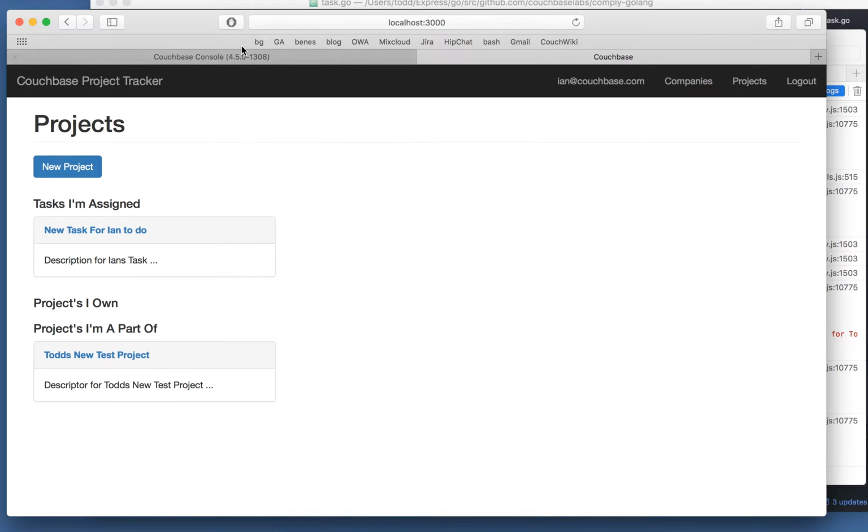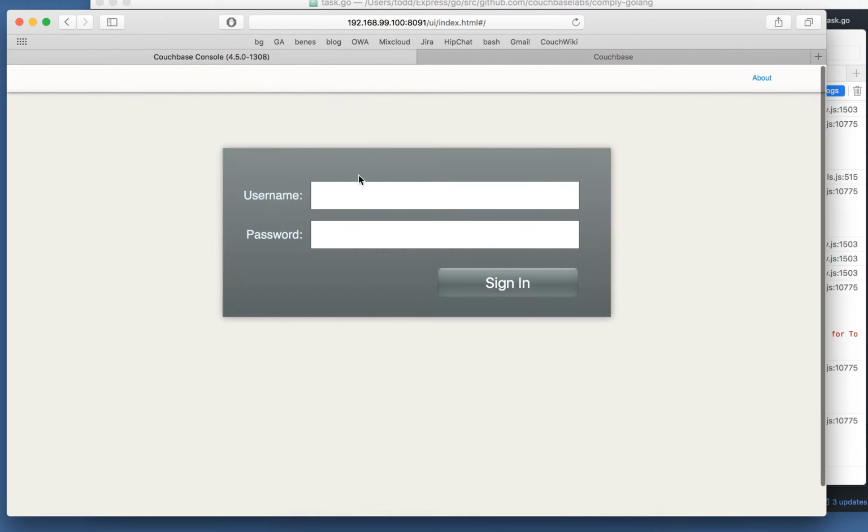Let's see how this looks and what this does from within N1QL, and the query that's actually getting issued. A great way to do that is once you've installed Couchbase, this UI, which is part of the product, you don't have to install anything special to make this work other than Couchbase itself. So I'm going to go ahead and